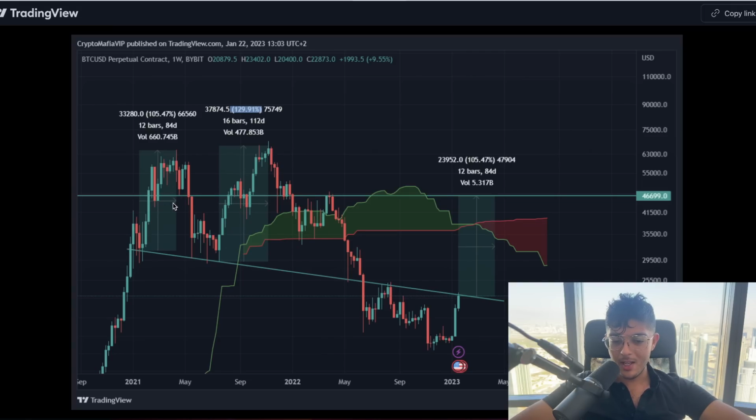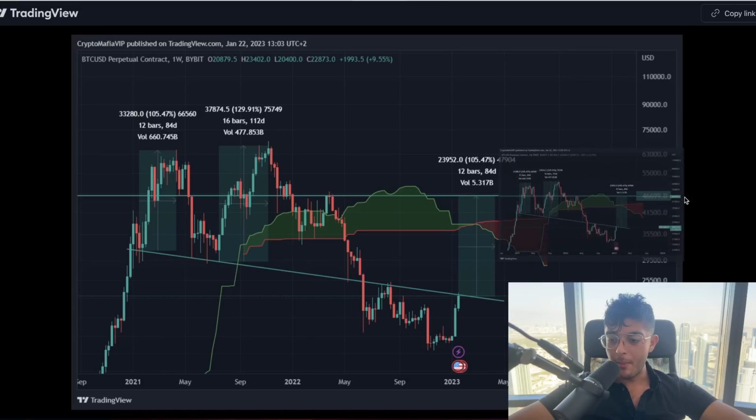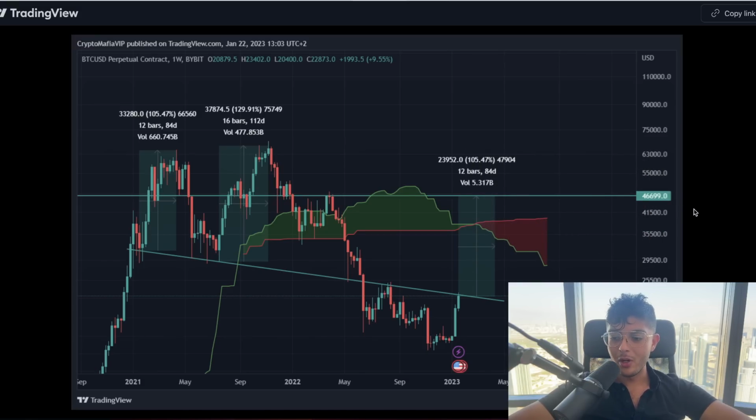Both of these pumps set new all-time highs for Bitcoin. Right here, we managed to top out at about $64,000, and right here, we managed to top out at about $69,000. Very, very impressive rallies. And if we just take the smaller one of these two pumps, and we take that from where we potentially would be breaking out from right up to the top, bam, that gives us very, very nicely a $47,000 price target